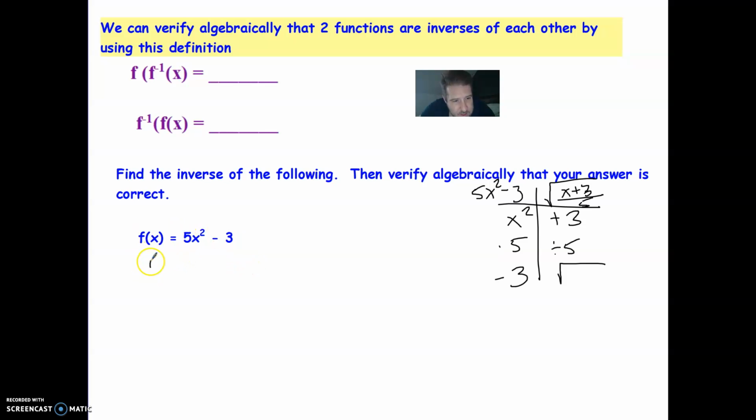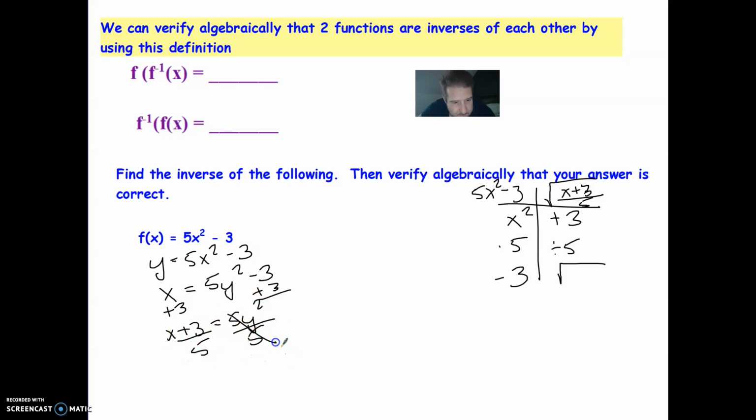So I'm going to change this to y equals f of x squared minus 3, and then switch the x's and the y's around, because that's basically what inverses are. So x equals 5 times y squared minus 3, and now I'm going to solve for y. First I'm going to add 3 to both sides. That gives me x plus 3 equals 5y squared. Divide both sides by 5, and I get x plus 3 divided by 5 equals y squared, and then square